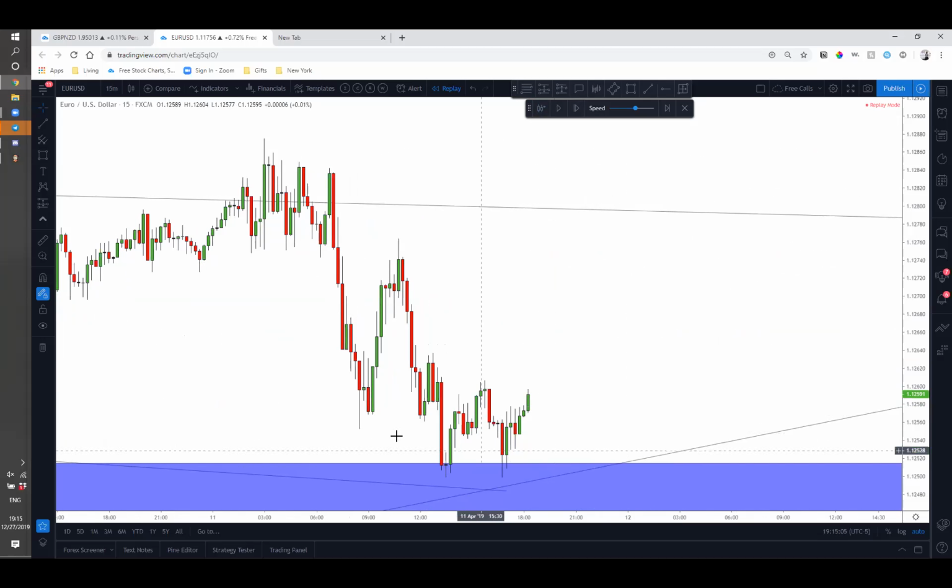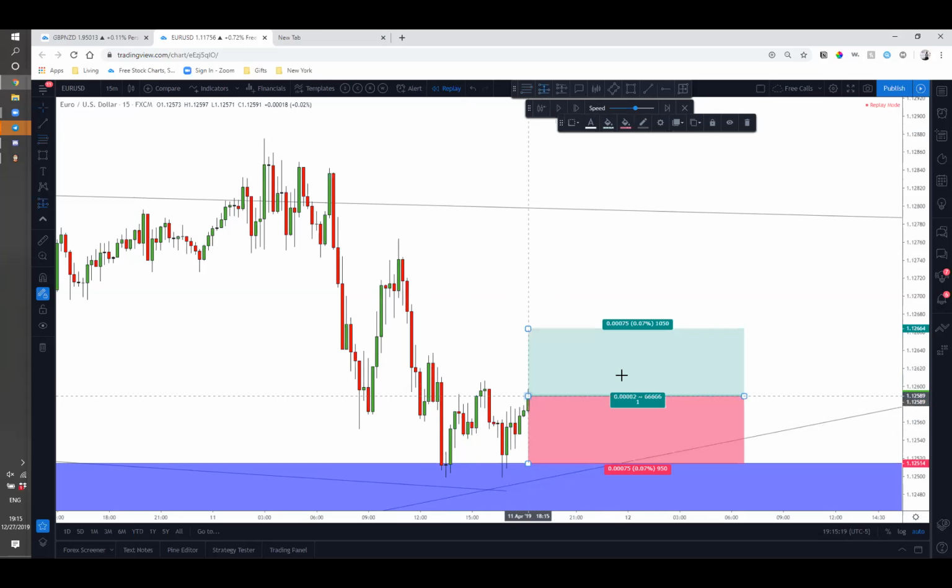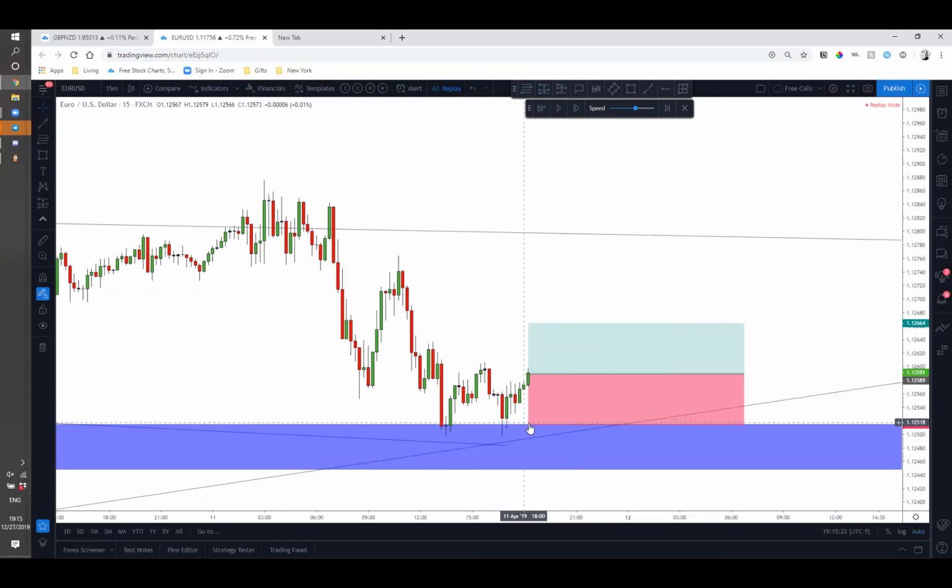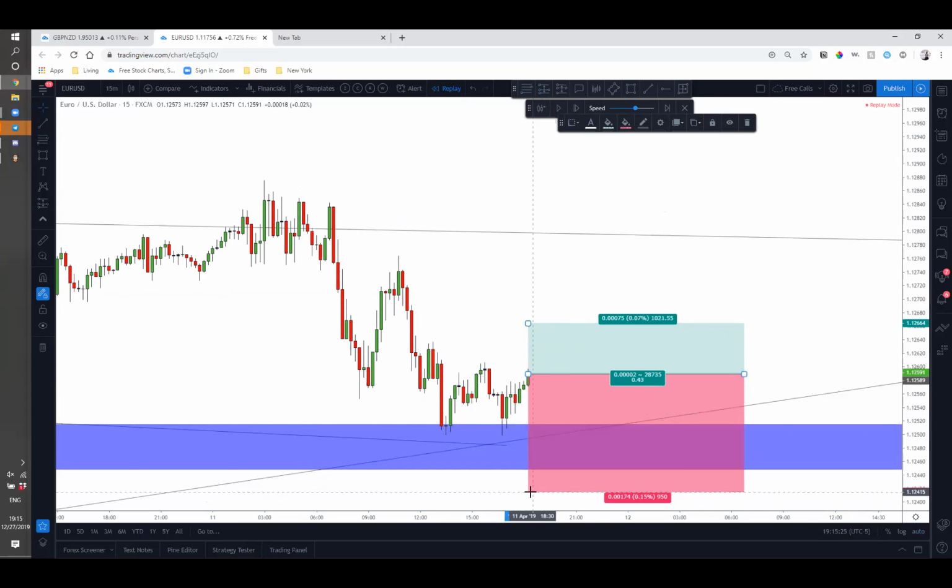All right. So since we have our W, we have 3 white soldiers right here. This is the candle that I would enter off of. And then knowing that this is Euro USD, I know a 30 pip stop loss is going to be sufficient. Or even if you're not comfortable with that, you can set what you're comfortable with. But yeah, so I'm going to just put it right below the zone for 20 pips